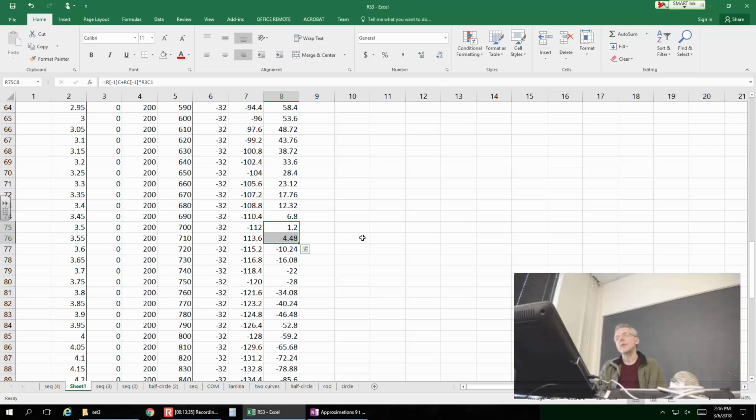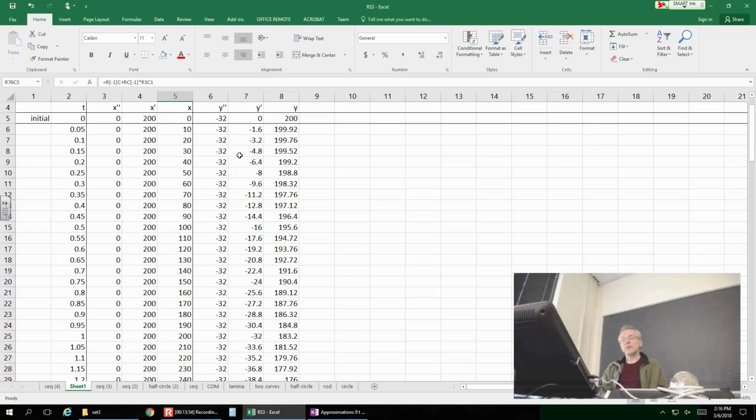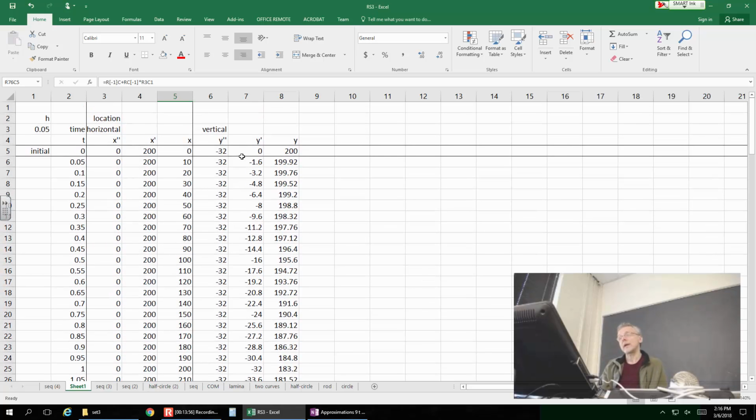So it's positive 1.2 feet above the ground, and then the next increment it becomes 4.48 below the ground. So that's where it happens. So the accuracy of my time 3.55 as well as the length 710 feet improved. Okay, so that is the data, and you can get a lot of stuff from the data, but